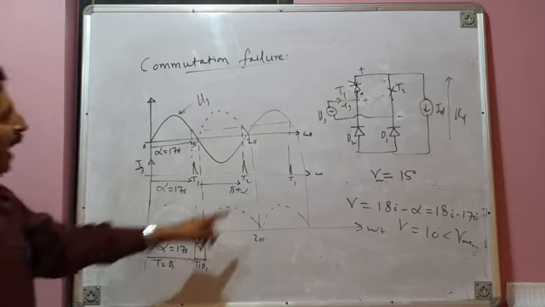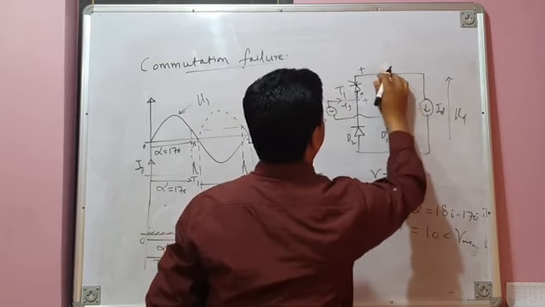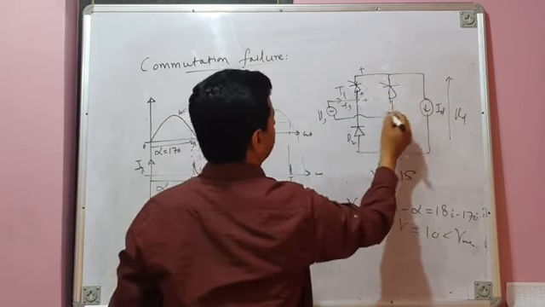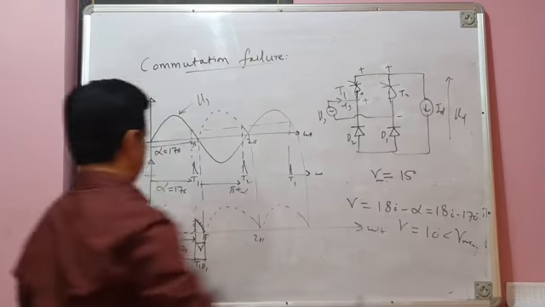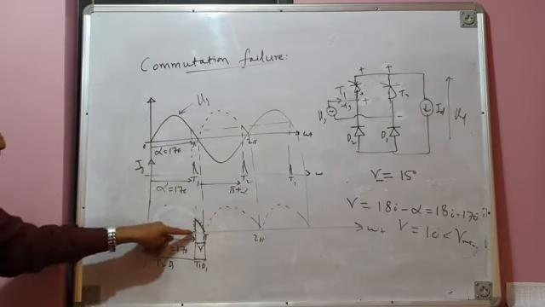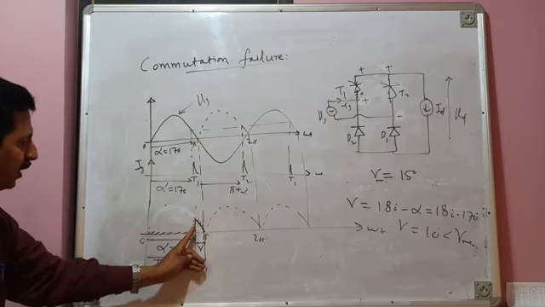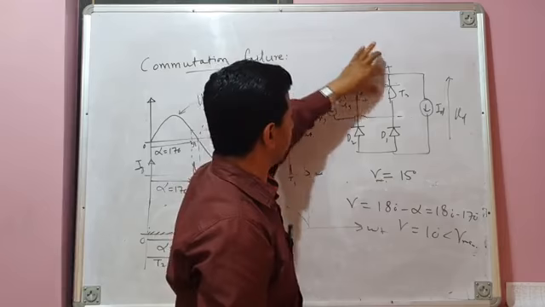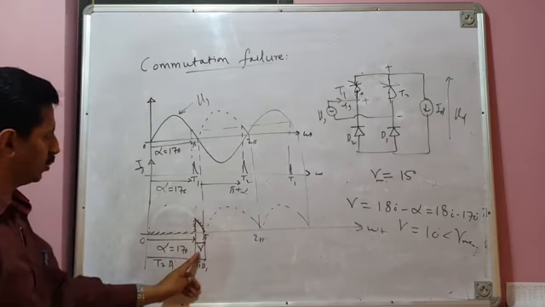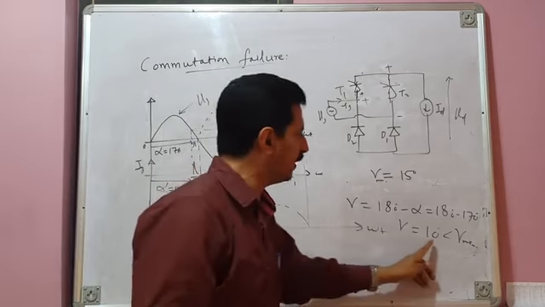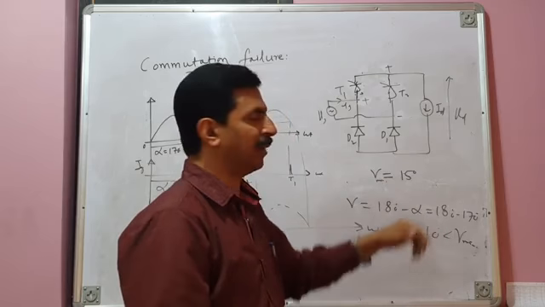T1 D1 pair. And when T1, see, now it is interesting to see, when T1 conducts, आपका T1 जब conduct कर रहा है, ये negative है, ये positive यहाँ हो जाएगा, उससे आपका T2 reverse bias हो जाएगा, because previously T2 was conducting because of the freewheeling action. As soon as thyristor T1 is fired, it applies reverse bias across T2. But the problem is that it applies reverse bias across T2 for gamma degrees, which is very, very small, only 10 degrees, which is less than gamma min.